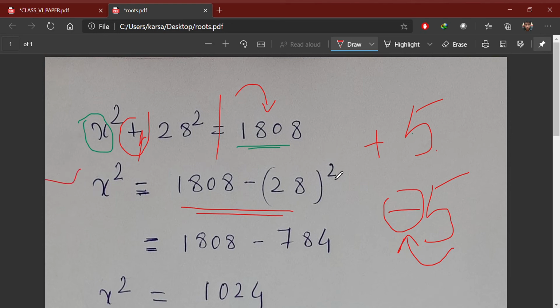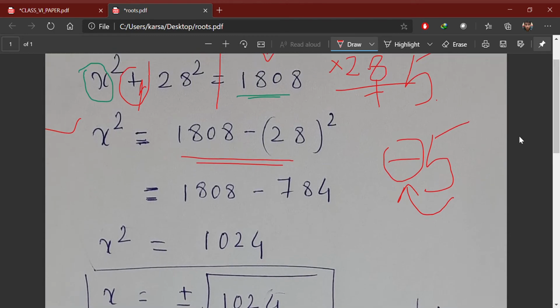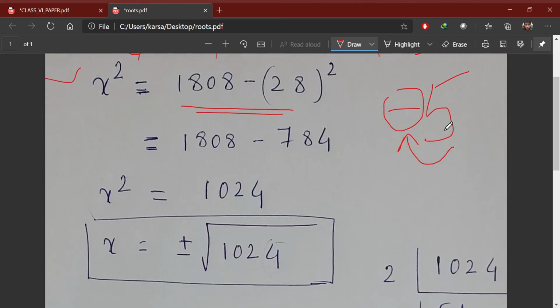Okay. Now you need to find 28 square. How can we find it? We just need to multiply 28 into 28, and the answer is 784. I recommend that you remember the squares because it is very important. Also there are different procedures to find the square of a number in a very easy and fast way, and you can find these solutions on YouTube or other videos, or in books or Vedic math.